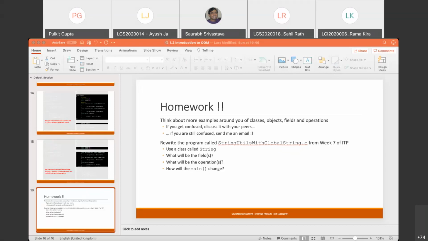But for now, just forget the code. Just think at the level of the concept. Can you understand the difference between a structure and an object? That is the idea. The structure is just data. An object is data plus some operations over it. If you are able to understand this concept, that is fine for now. We'll see the coding examples tomorrow. But any queries till now?